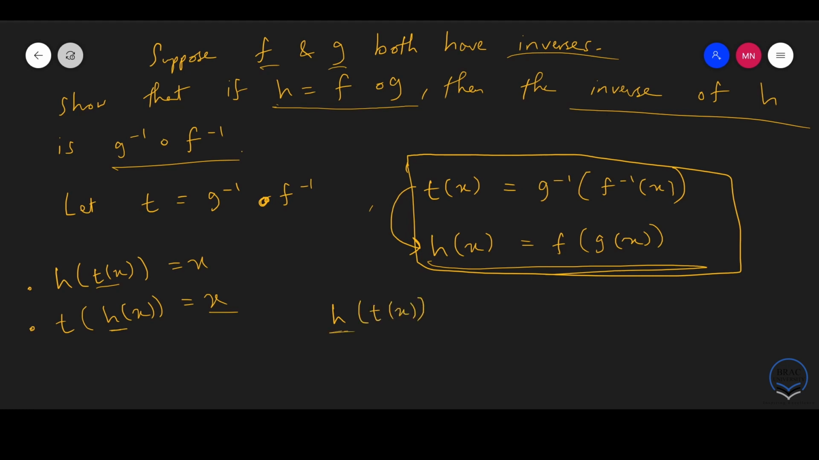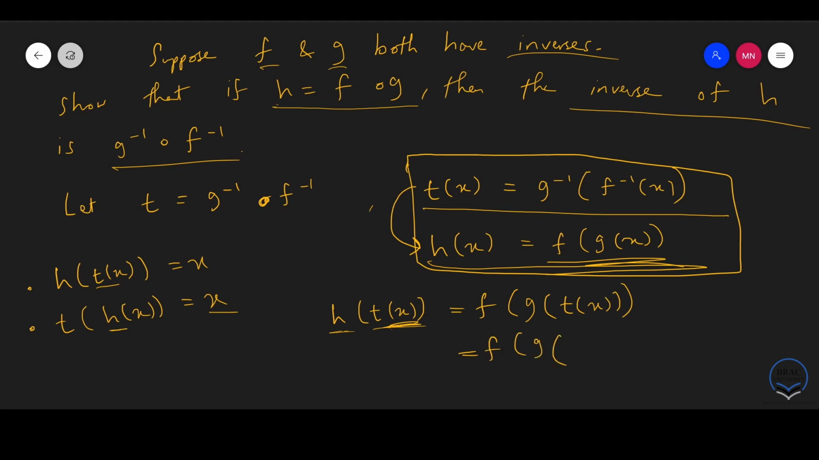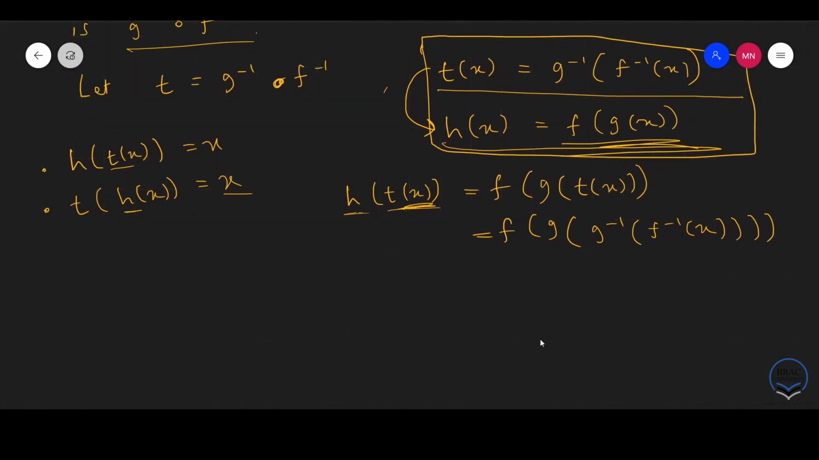We know the function h, and we also have the function t of x. So from this, we have f of g of x. Now our input in this case is t of x, right? Now we know t of x is this, so we can just substitute it into this function. So we have f of g inverse of f inverse of x, right? So now this may seem very confusing,